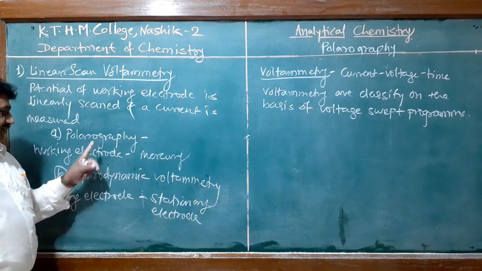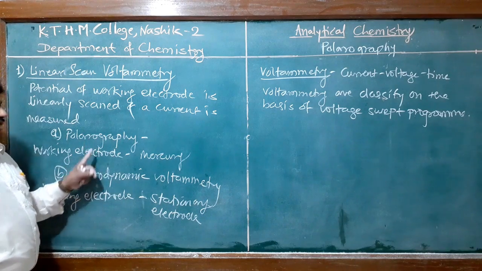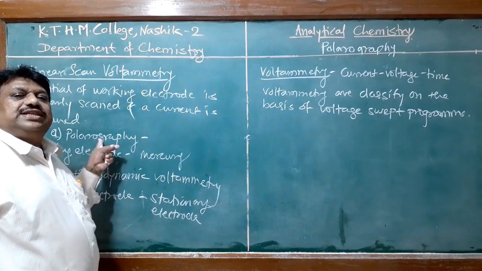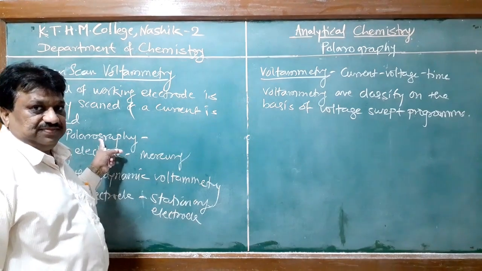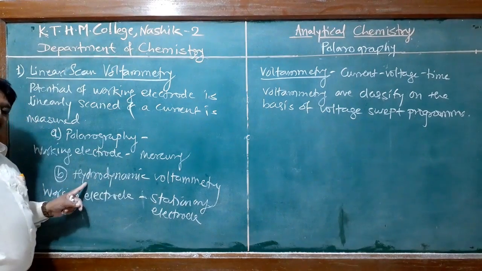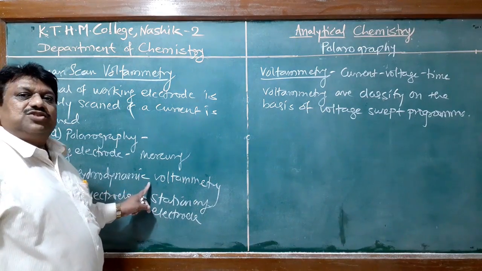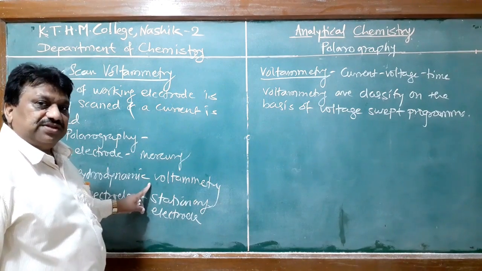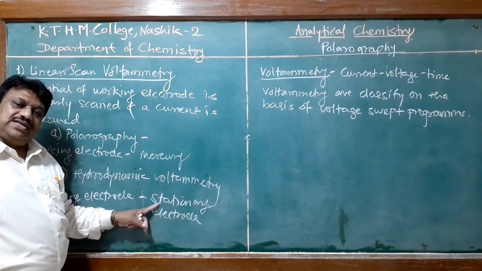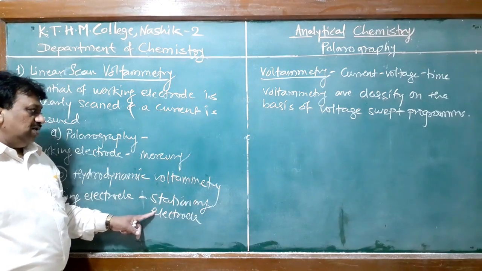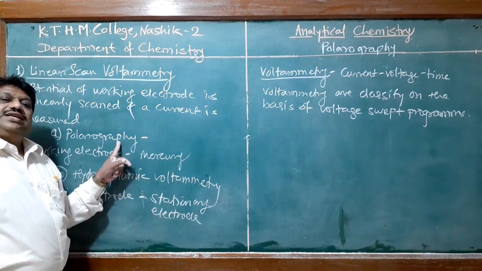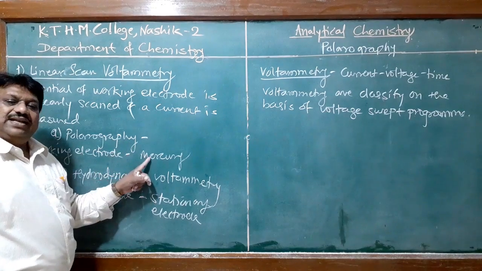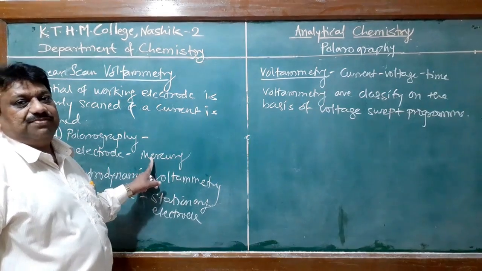Another main difference between these two techniques is that in polarography, analyte solution is quiescent, it is unstirred. But in hydrodynamic voltammetry, analyte solution is continuously in motion. Therefore, it is carried out by using a stationary electrode, and here analyte solution is quiescent, and therefore we can carry out that analysis by means of